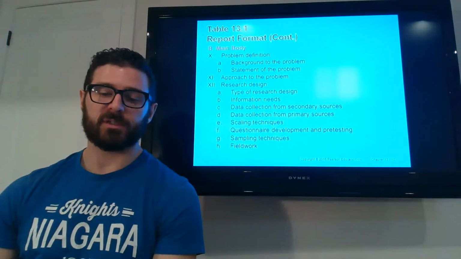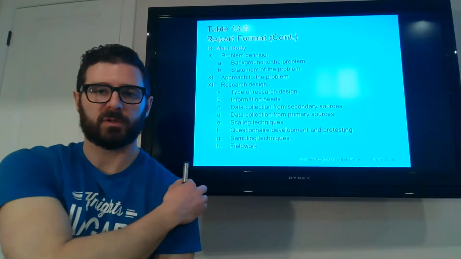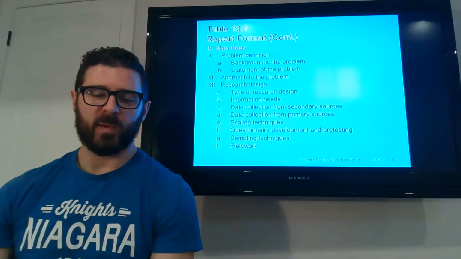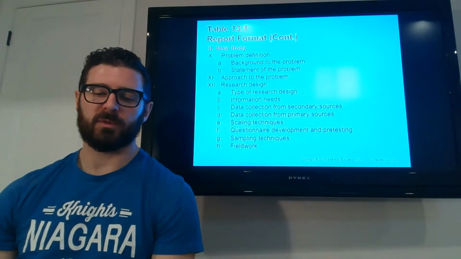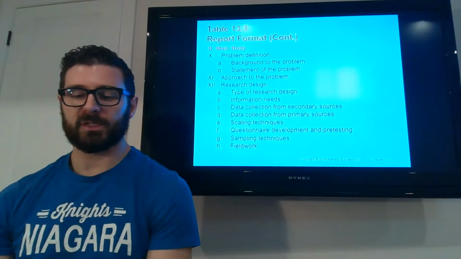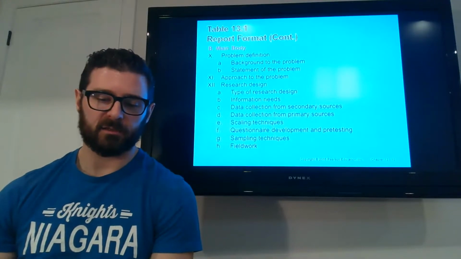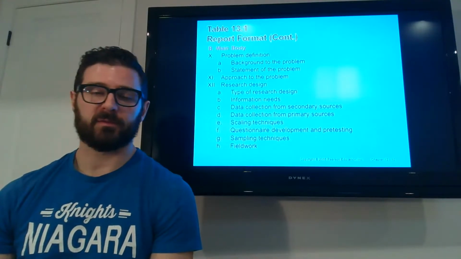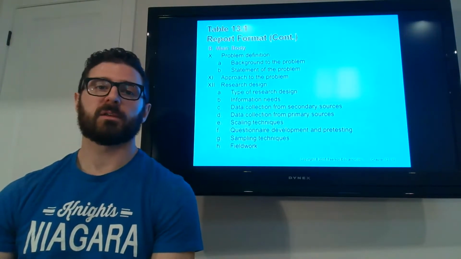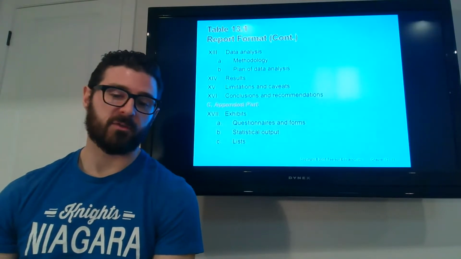Number 12, the research design. So here we're talking about all of this stuff we've looked at already. So we worked our way through this course with these in mind. But when we come to the research design, here we're talking about the type of design, the information needs, if there was any data collected from secondary sources and primary sources, what techniques used for scaling, questionnaire development, did you pre-test, how did you pre-test, sampling techniques going into how you build these samples, information on the field work.